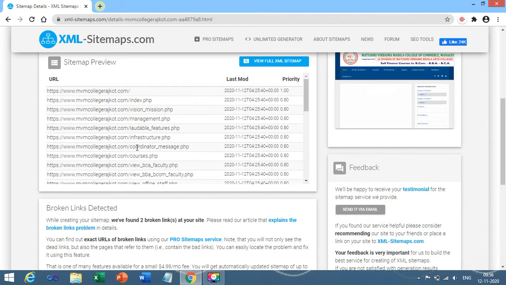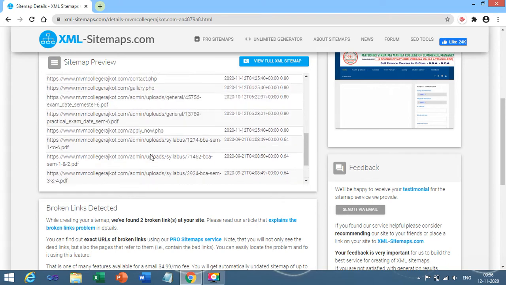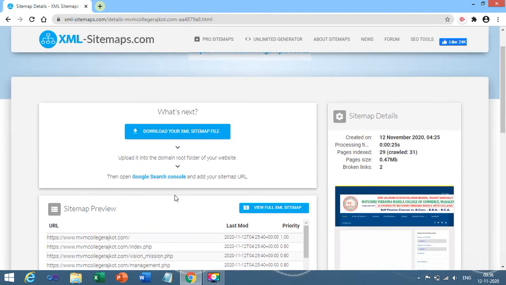See over here, mvmcollegerajkot.com contains the index page, vision_mission page, management page, laudable features.php. So these are all the scanned pages, approximately 29 pages in total.